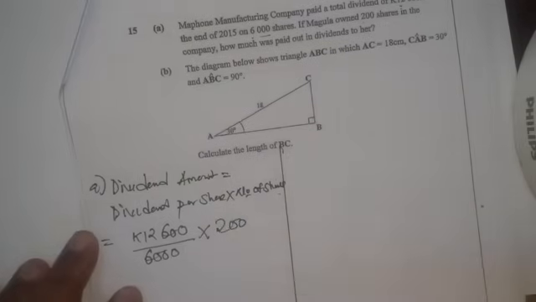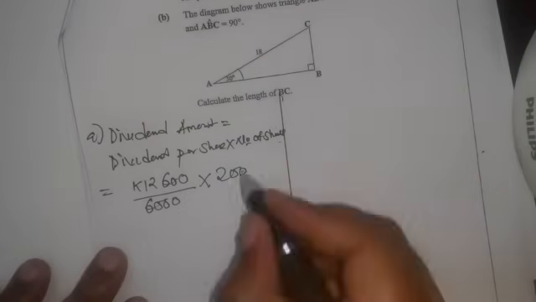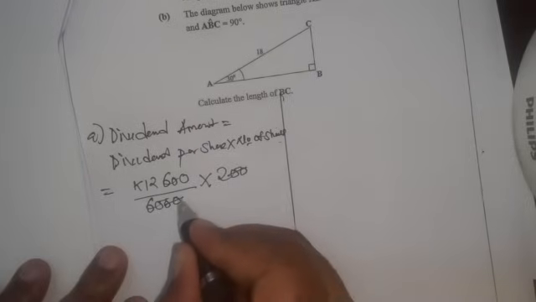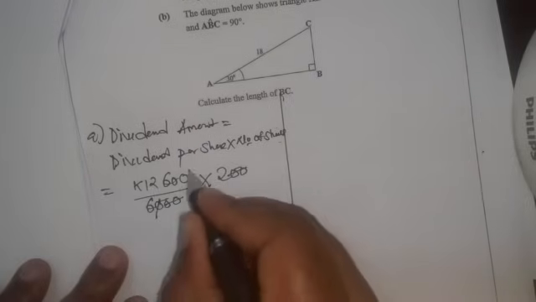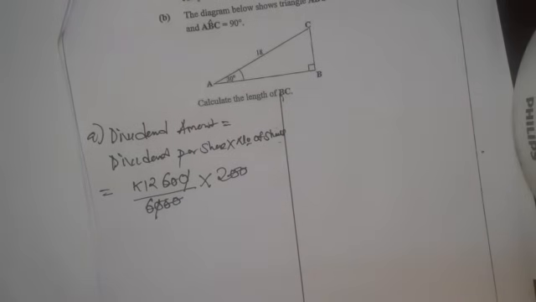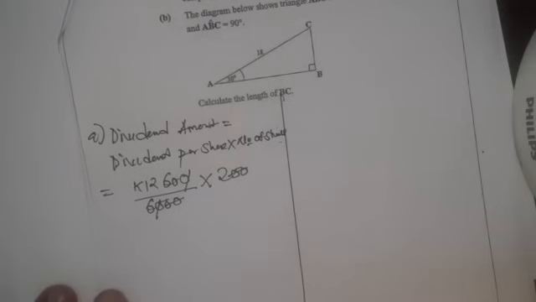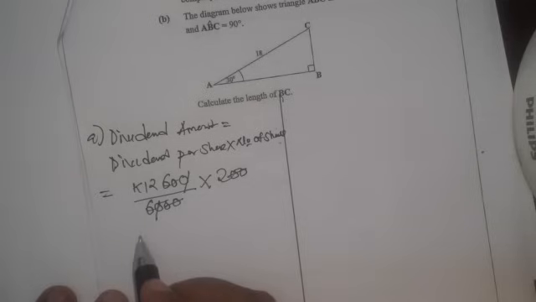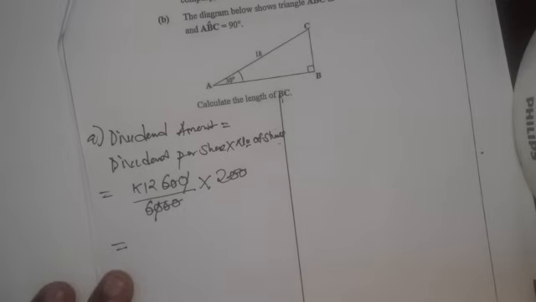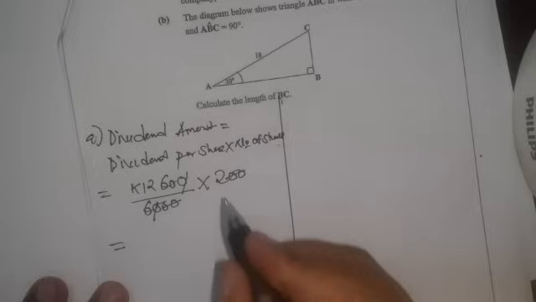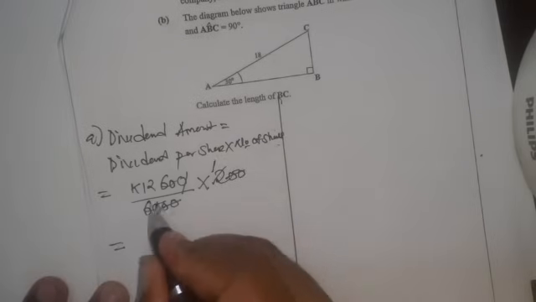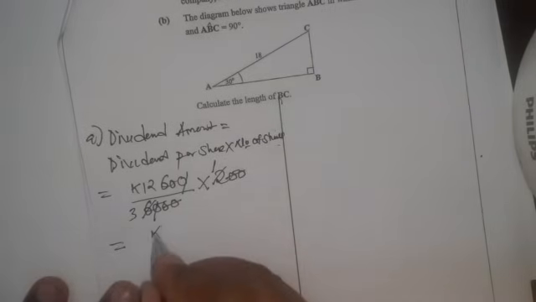200. Okay? So you're going to say, these two zeros will cancel this. This zero will cancel that. Okay? Then you do the very simple arithmetic. So you're going to say, 2 into 2, 1, into 6, 3. So you have got 12